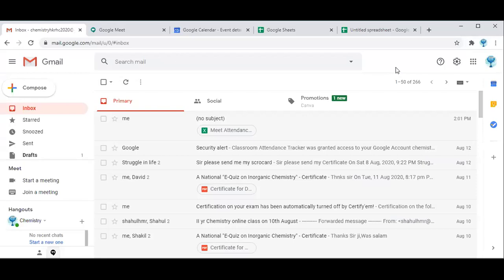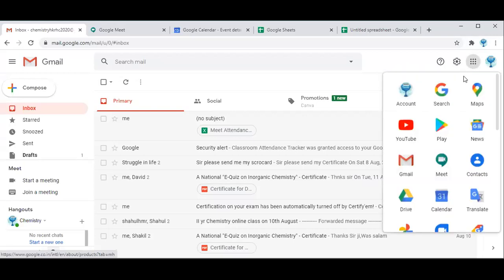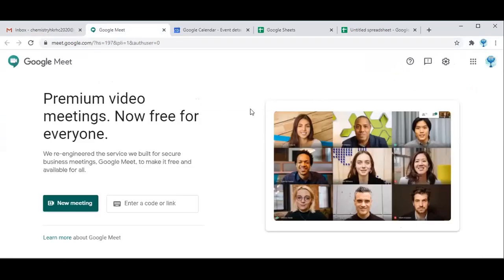First, open your mail. In the right corner of your mail window, we have Google Apps. In this, select Google Meet. The Google Meet window will open in a new tab. We have two options. One is new meeting and another is enter a code or link.